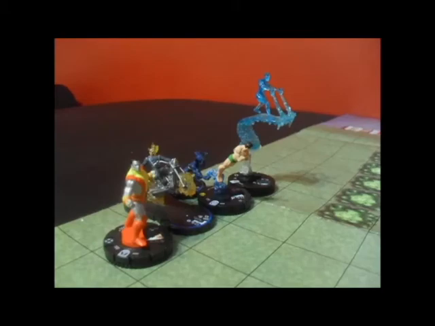So my plan for deployment was to keep Colossus next to Ghost Rider, so Ghost Rider could transport Colossus. Namor and Beast close together. They were the only two with the Defenders team symbol, so I wanted them to keep close so they could